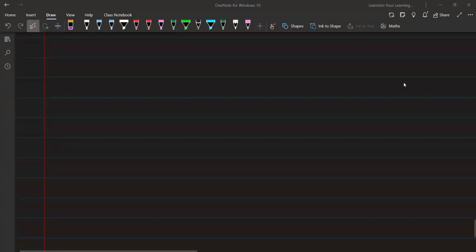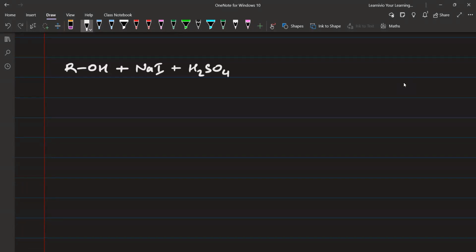So what happens is that you have ROH. Watch carefully, you don't have to write this. ROH plus you have sodium iodide or potassium iodide for that matter. The question on potassium iodide is in NCERT, but that doesn't matter. If you even have sodium iodide, and if you are using H2SO4, then what's going to happen? So sodium iodide and H2SO4 first react and form hydrogen iodide, HI. Now please understand that you don't have only HI here, and it's not that you have completely used up the H2SO4. Initially 1 mole of sodium iodide will react. There will be some H2SO4 remaining.